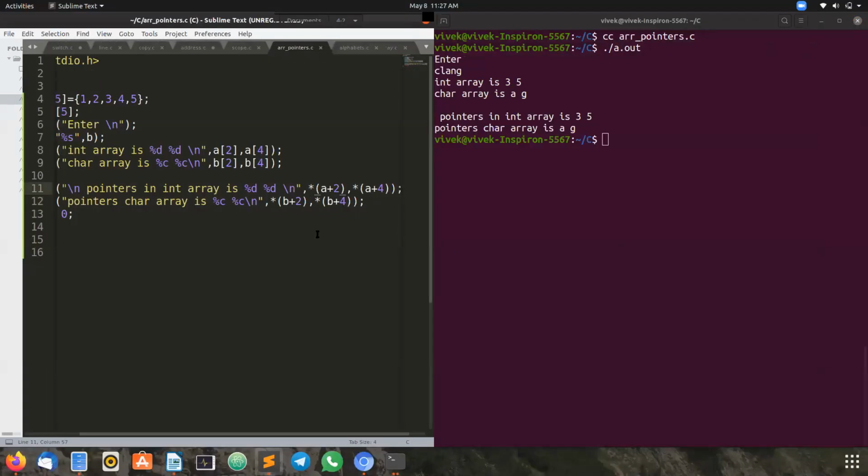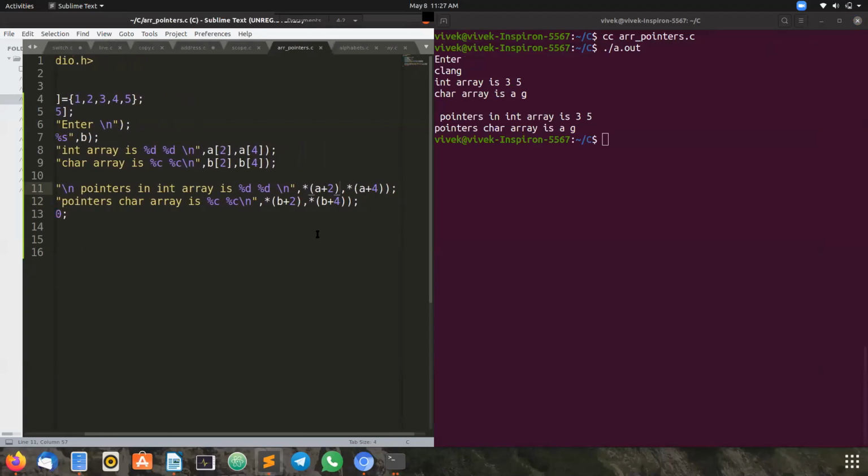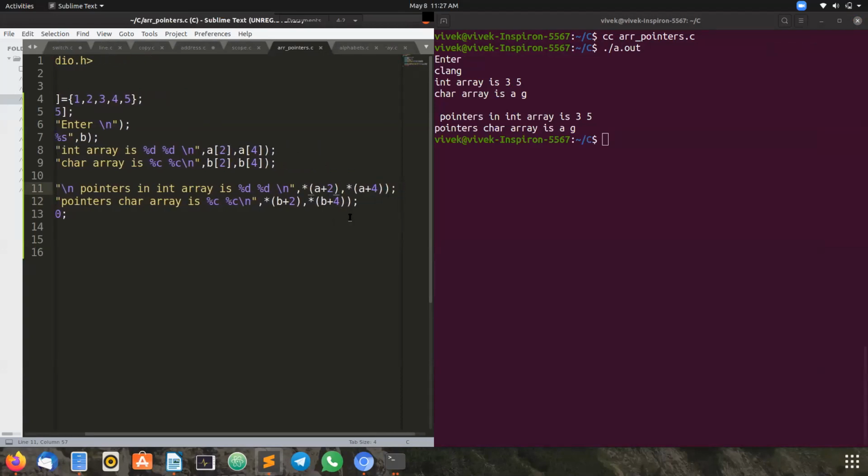Not the address value, but to know the value which is present in that address. I hope your intention is also that, but that sentence is not proper. To retrieve the value inside that address, we use the asterisk symbol.